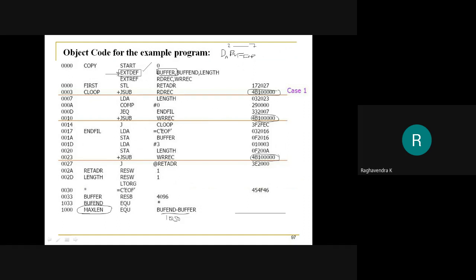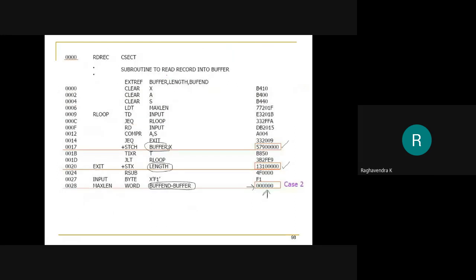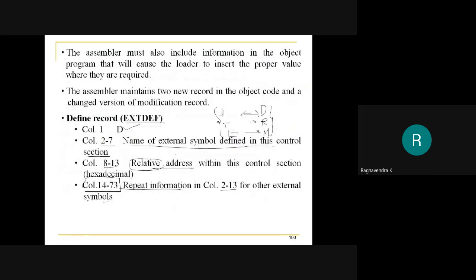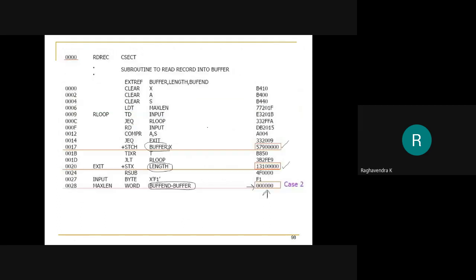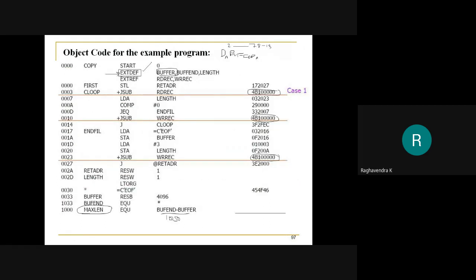So write BUFFER. Then from column 8 to 13, you will have the address of that particular symbol, the relative address within the control section. This is the control section in which the symbol has been defined, and the address starts at 0. So relative to 0, what is the value of BUFFER?